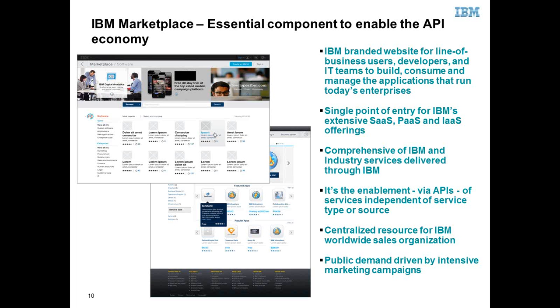In one way, you can compare this to the mobile catalogs that we have, the application catalogs for searching and taking the mobile apps that we want. The key difference is this will be the catalog for the developers to build applications on top of that.